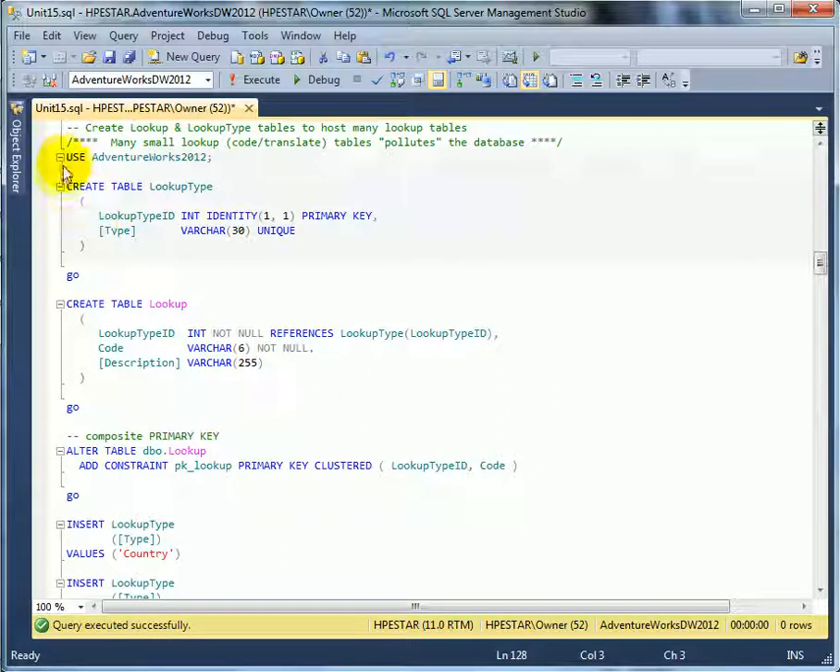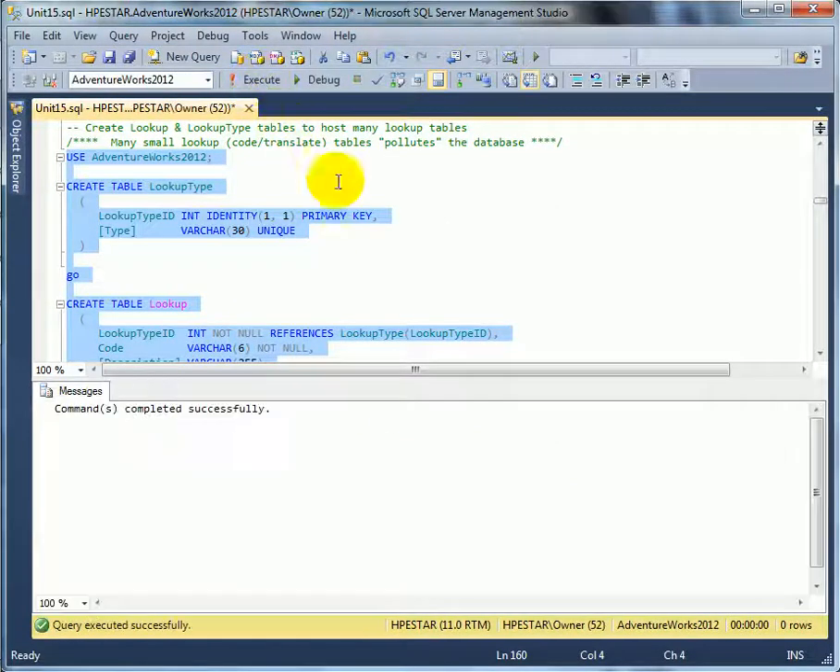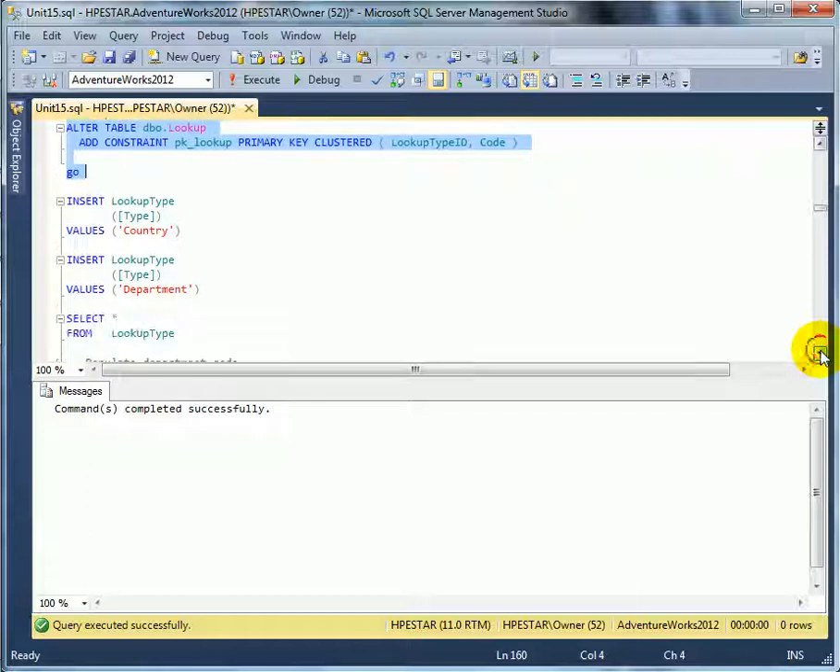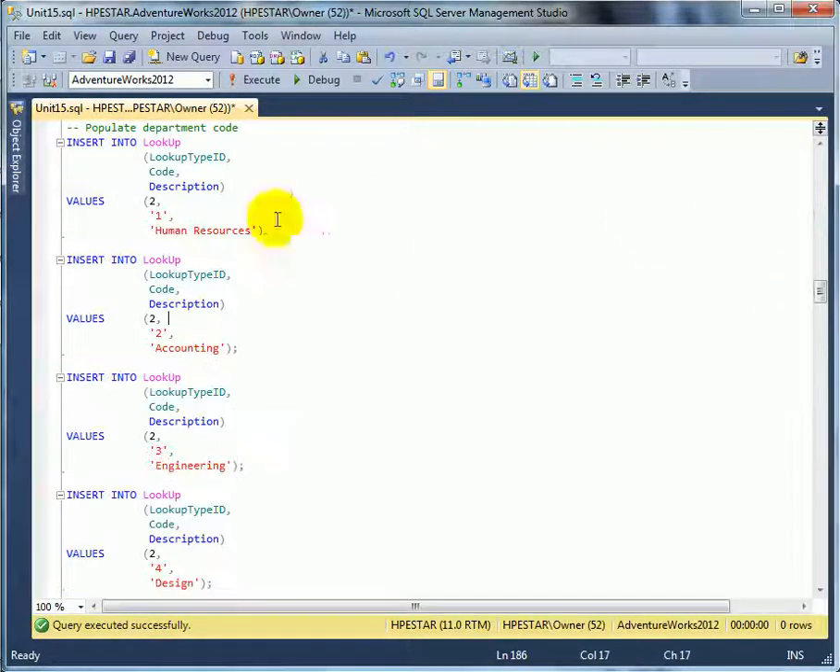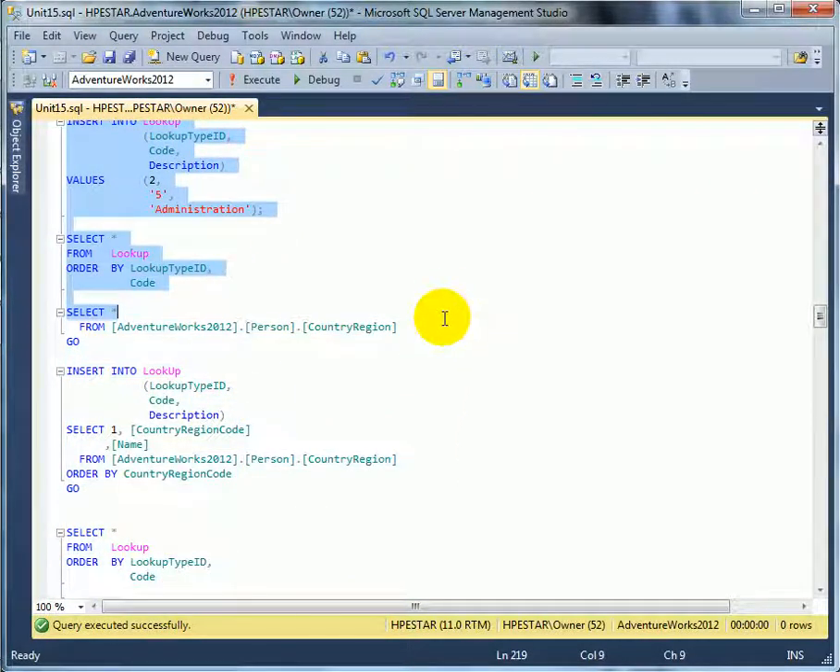So let's create it, and then add a primary key to the lookup table, which is a composite primary key. That was successful. Let's continue. We are populating them with departments. And when we check it,